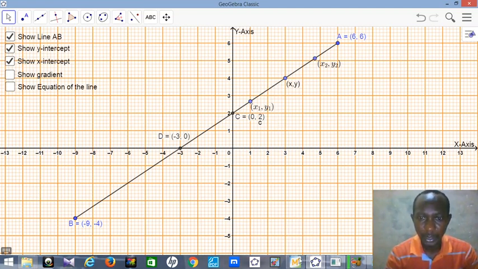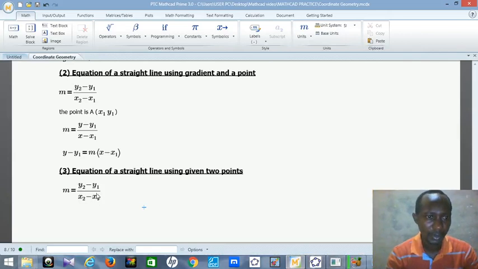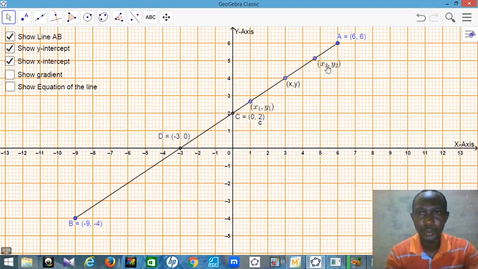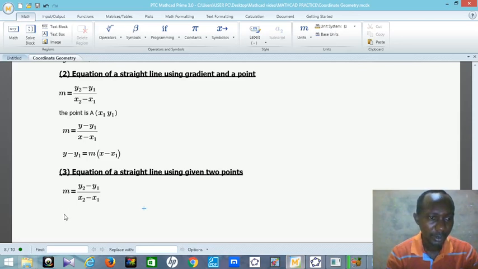So which formula are you going to use? You will understand it when I put it down. The first formula for gradient we know is this, and I got it from this place: y2 minus y1 divided by x2 minus x1. Then I'll now use this other equation, and gradient is also y minus y1 divided by x minus x1. So I'll equate both of them and move further a little. So that is all we are talking about. So the last equation will now be